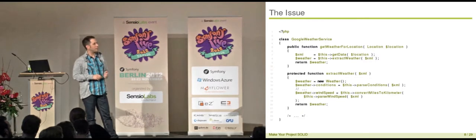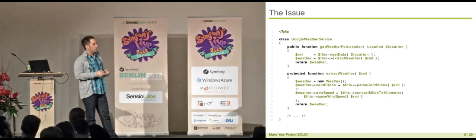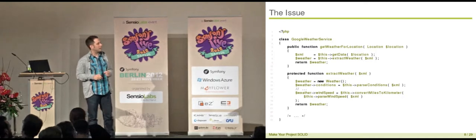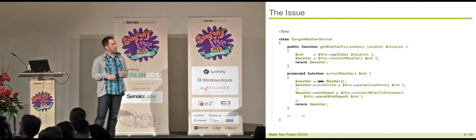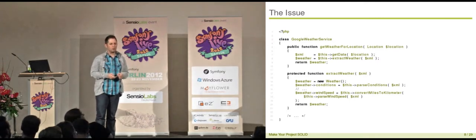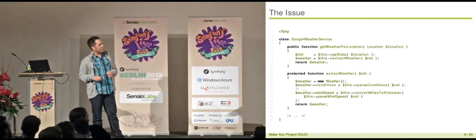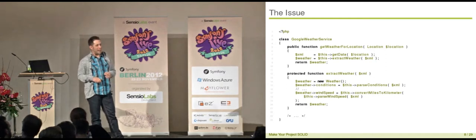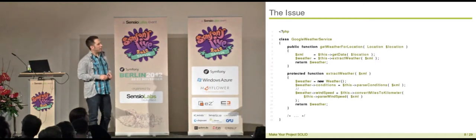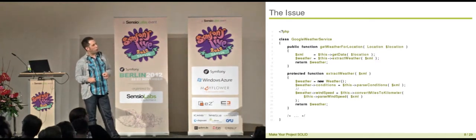First, in that main method, we retrieve some XML data from somewhere using another method called getData. After that, we take that XML data, put it into an extractWeather method, which is also on the same class, and then we return it. This extractWeather method, again, contains multiple lines of code, which is quite okay, because we are in programming, right? We want to write code. But however, there are lots of calls to protected or private methods here which do lots of stuff.